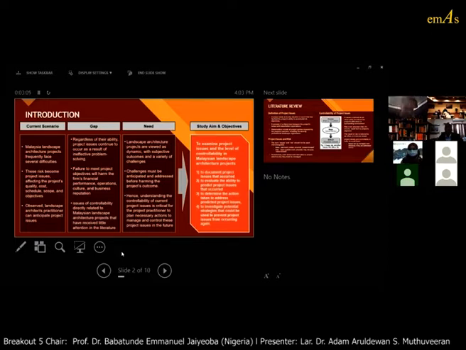So this study aimed to examine the project issues and the level of controllability in Malaysian landscape architecture projects. The objectives outlined here are: first, to document the project issues that occurred. Second, to evaluate the ability to predict the project issues that occurred. Third, to determine the action taken to address the predicted project issues. And lastly, to investigate the potential strategy that could be used to prevent the project issues from occurring again. All right, next.